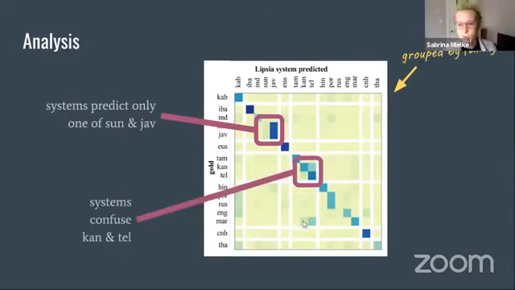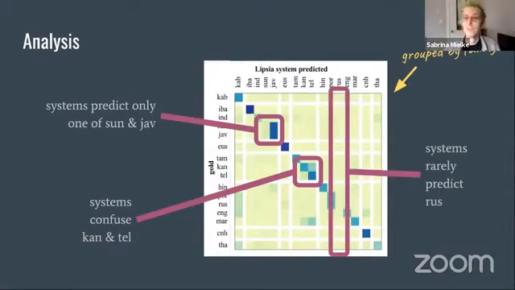The third thing that is visible here, that's somewhat surprising, is that none of the systems like to predict Russian as a target language. So here you see that there are very few things that are predicted as Russian, and most importantly, Russian itself isn't. So that kind of makes us wonder, is there something about maybe that particular data set or the combination of other languages that make it so confusable?